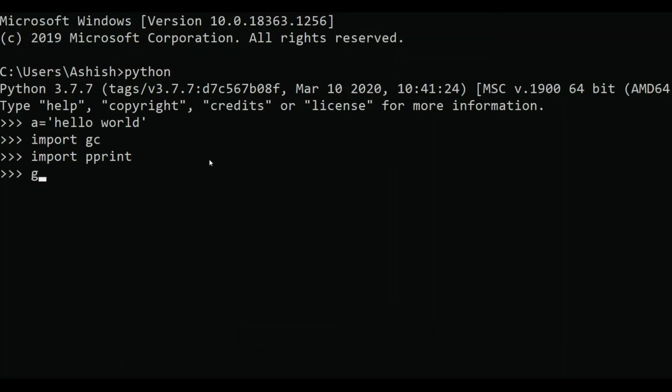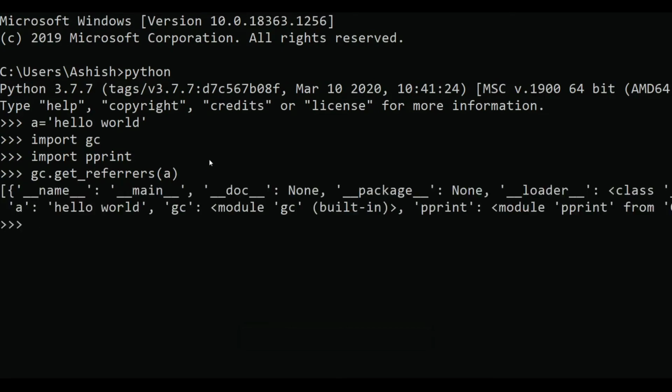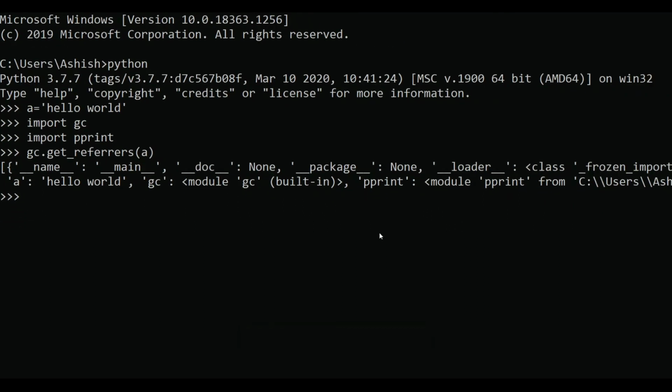Now gc.get_referrers with the variable a. Now here we see that a has only one. Here only one variable is stored, a equal to hello world, in dictionary form. So here it gets only 2, but in PyCharm it is 2 more extra. That is the main reason.